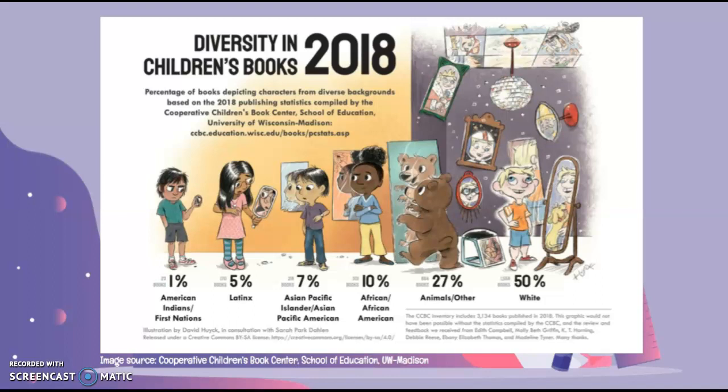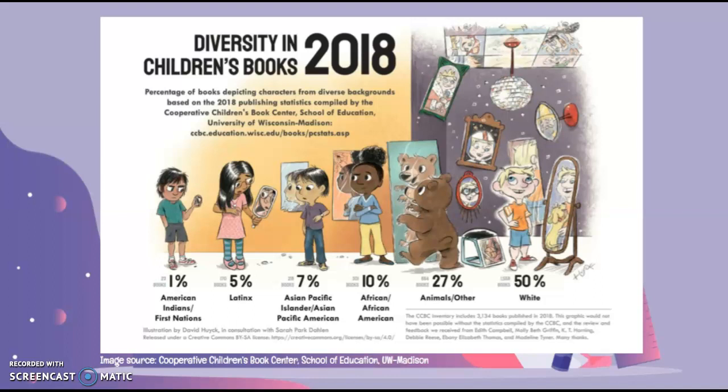Books provide children with mirrors in which they can see themselves, windows to look into the life of others, and sliding glass doors through which they can enter fully into the experiences they are reading about. And when the light is just right, a window can also be a mirror.